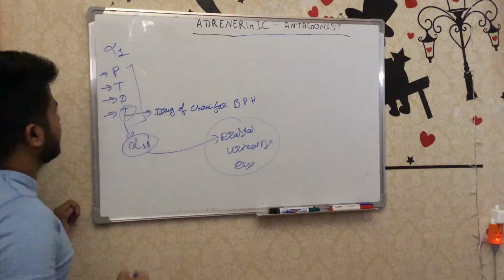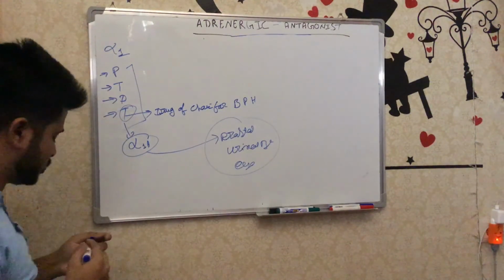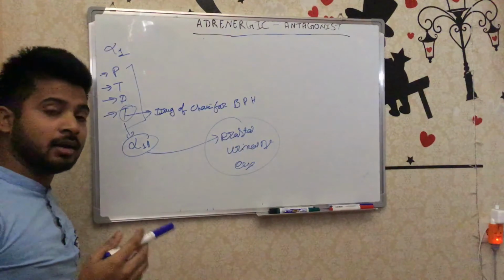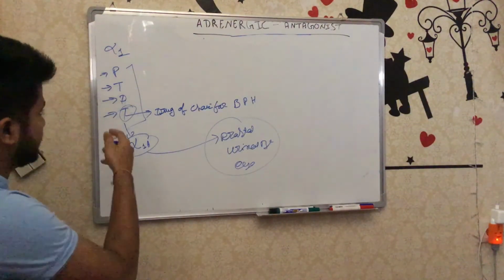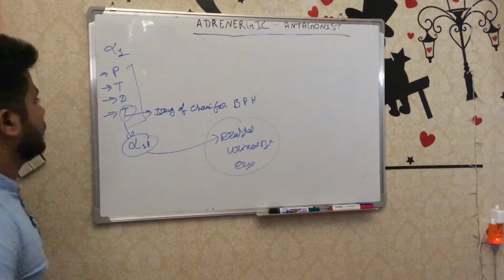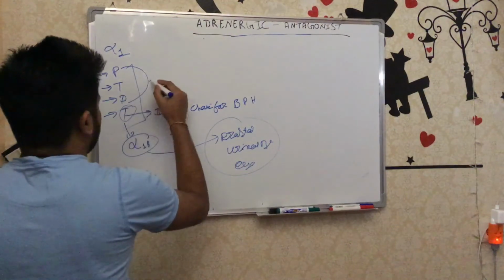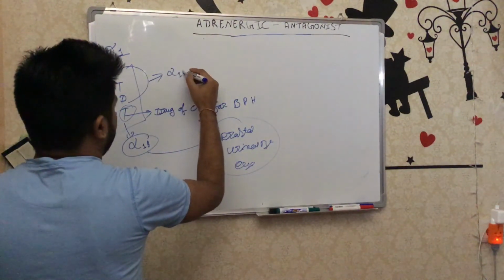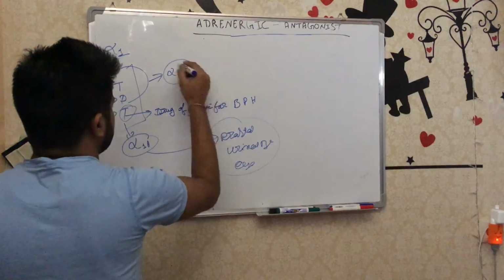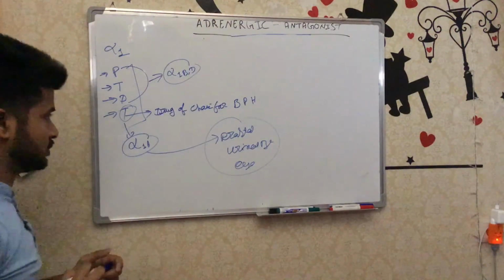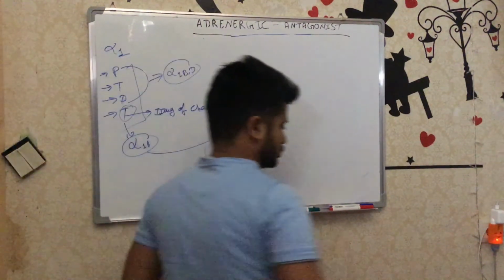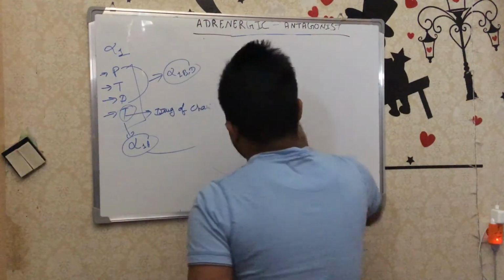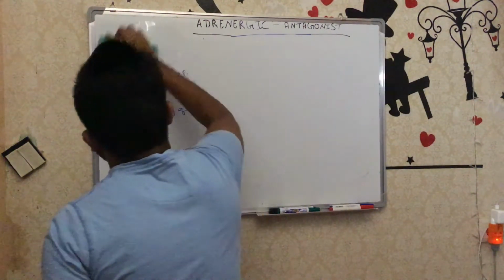And about the rest, prazosin, terazosin, and doxazosin, they act on alpha 1B and D, and that is found in the arteries and veins, all vessels. So 1B and D. So this is the best drug choice for hypertension. So these are the main indications, and the side effects will be the same as